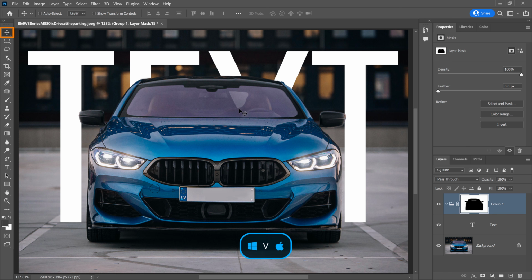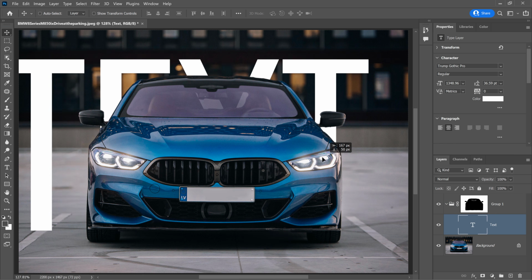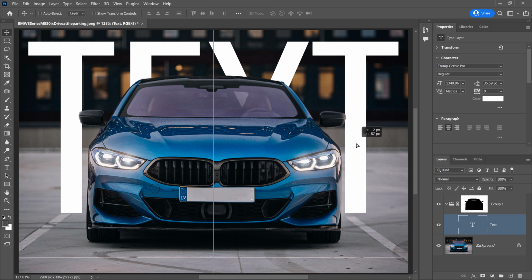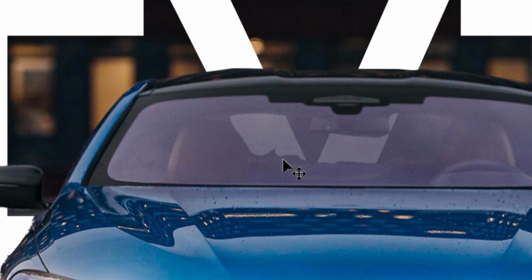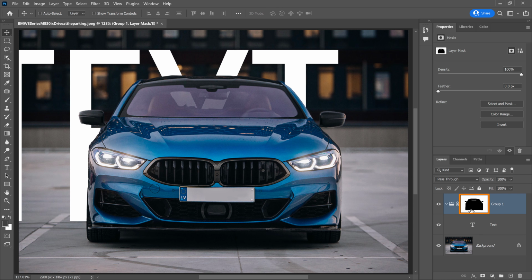When I select the move tool and move the text layer, you can now see the transparency in the car. If you have any mistakes like I have here, you can always come back and continue painting on the mask. I'll select the mask, enable the brush tool by pressing the B key, and I can continue painting away